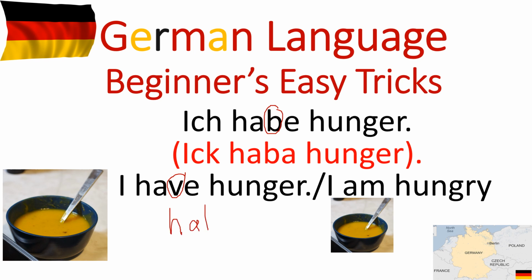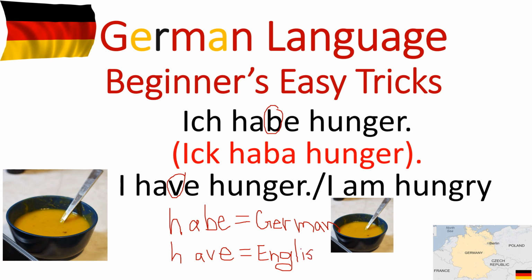for habe in German, and then you have have in English, you can start beginning to put this together when you get ready to study this. And when you're reading something, once you see what these connections are, you can get this language a lot better, a lot quicker, and a lot easier. So let me just finish this out, and then we're going to move on to our next slide. And these should be downloadable for you, if you want to.